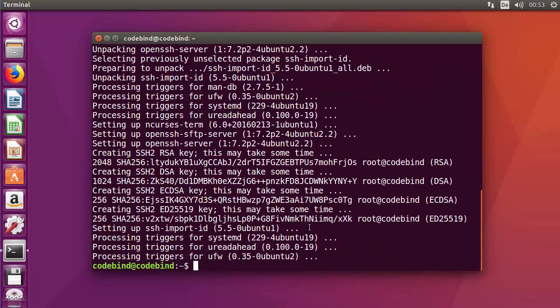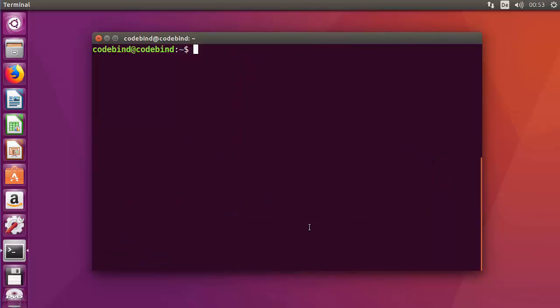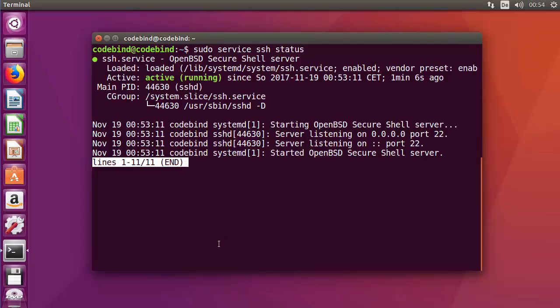Now once this installation is complete, I'm going to clear my terminal, and to check whether openssh server is running, we can just give this command sudo service ssh status, and then press enter. And if it gives this kind of response which says active running, that means openssh server is running on your system. So press Q to quit,